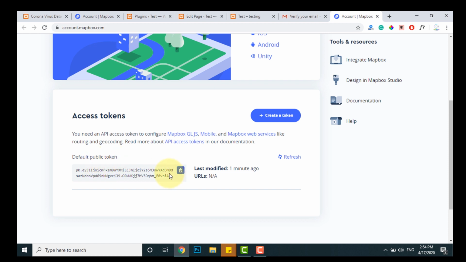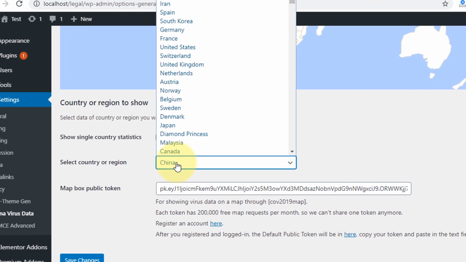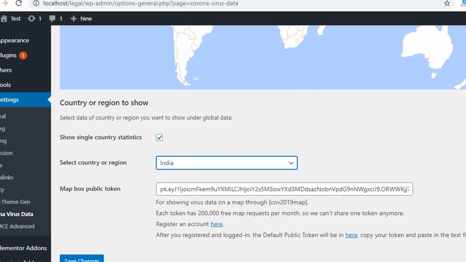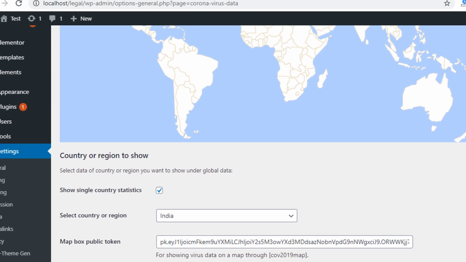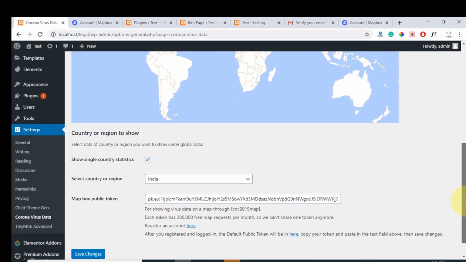So copy this public token and paste it here. And suppose I would like to show the India cases, targeting India specifically. I want to show the map on India, or I want to show the data of India.